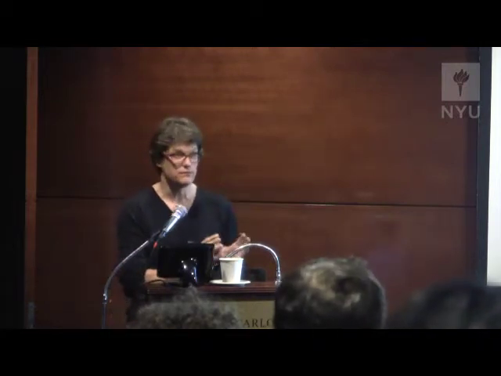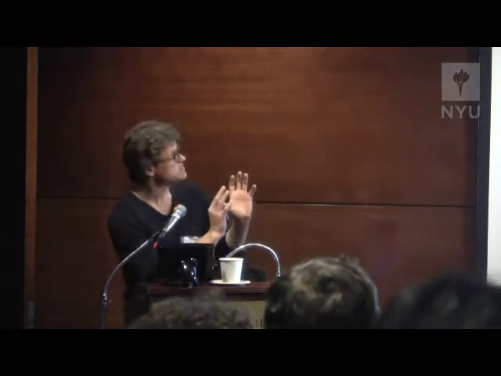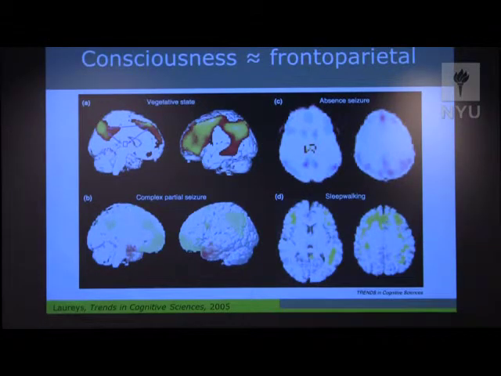There is a critical network. It is, I think, much less than we historically thought. You need only part of the brain to be active for you to be consciously aware. And now, using statistical tools, we can identify this so-called consciousness network. It's not a small region in the brain. It's this frontoparietal network of both left and right hemispheres, which you see there in yellow and red, and this midline front and back network, again, that is systematically impaired when patients were studied in a vegetative state, unresponsive wakefulness,